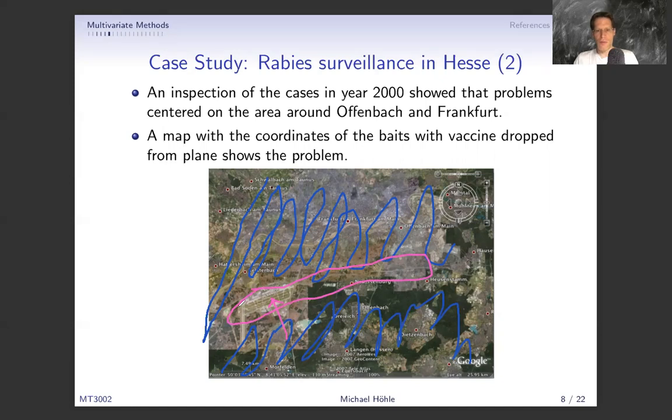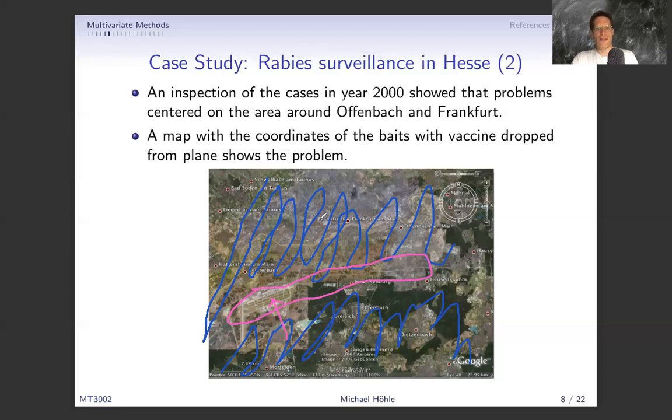And of course, this was not an operation so big that they could get an exception for that. So they had a problem that in this area there was not enough bait dropped for the foxes to be vaccinated. So it ended up that they had a bigger problem there than in other regions. And you could say, well,